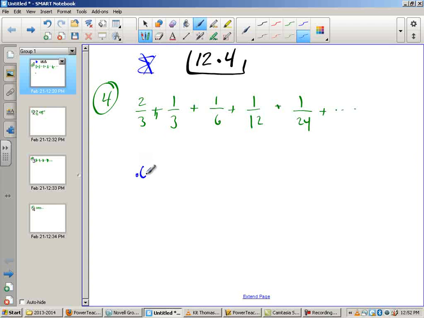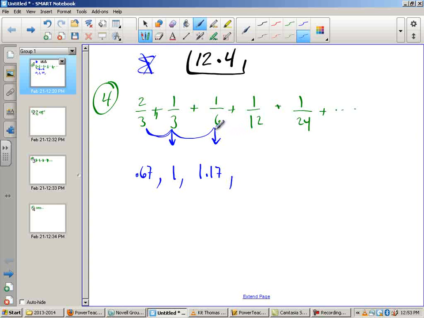And 2/3 is 0.67 or so. Again, that's a rounding. But I'm going to take 2/3 plus 1/3. 2/3 plus 1/3 is 3/3 or 1. And then the next one is 2/3 plus 1/3 plus 1/6, which turns out to be 1.17 essentially. And then to find the next term, I take 2/3 plus 1/3 plus 1/6 plus 1/12 to get